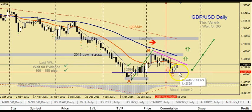And so what we want to do is take this distance and then measure the same distance from A to B, from C, projecting it higher. So I'm just again going to grab this. You can see this is the same distance. This is A to B. And now I'm placing it where it bounced off the support right at C, and you can see projecting